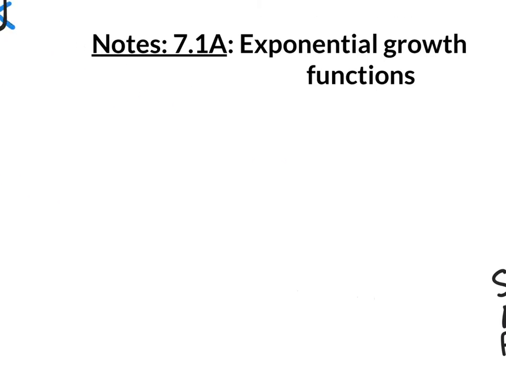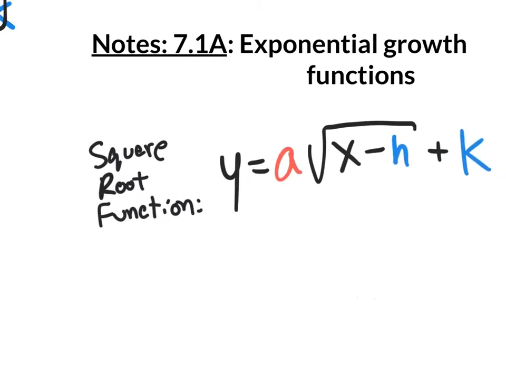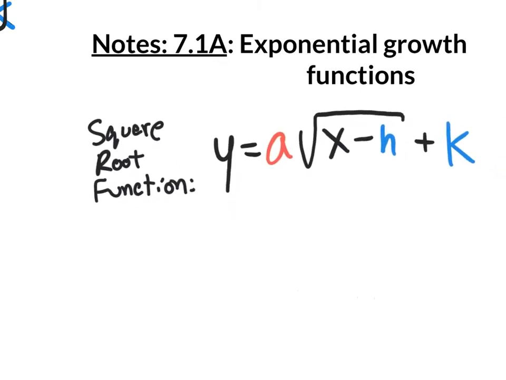And the most recent type of graph that we had was square root functions. y equals A times the square root of x minus H plus K. Again, the A value, if it's positive, it opens up. If it's negative, it opens down. If it's a bigger number, it gets vertically stretched. If it's a number closer to 0, it gets vertically compressed. Same concepts. We're going to be using all this information in terms of A, H, and K on today's exponential